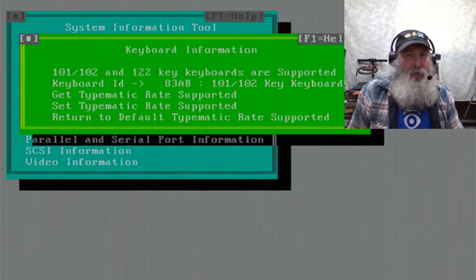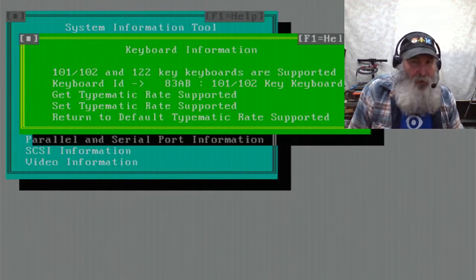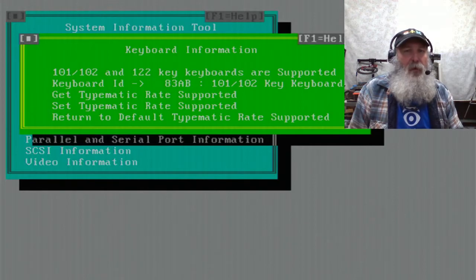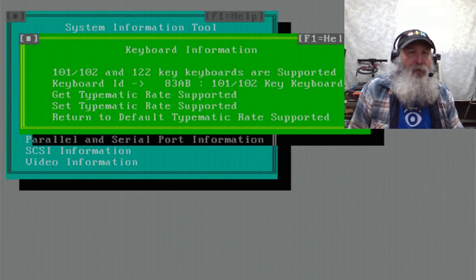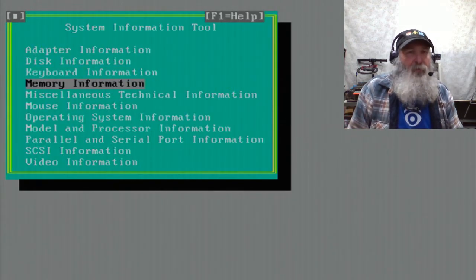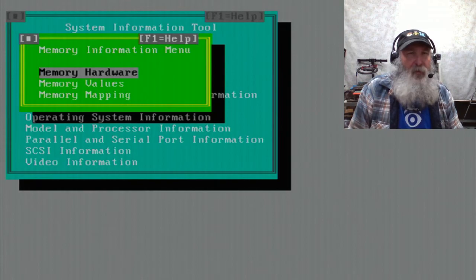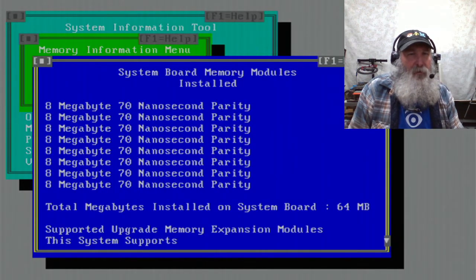Standard keyboard ID of 83AB, which is the standard 101, 102 keyboard. Get and set type-o-matic rate is supported. Returns to default type-o-matic rate supported. Okay, memory information. Memory hardware. Okay, so it's saying that I have 8